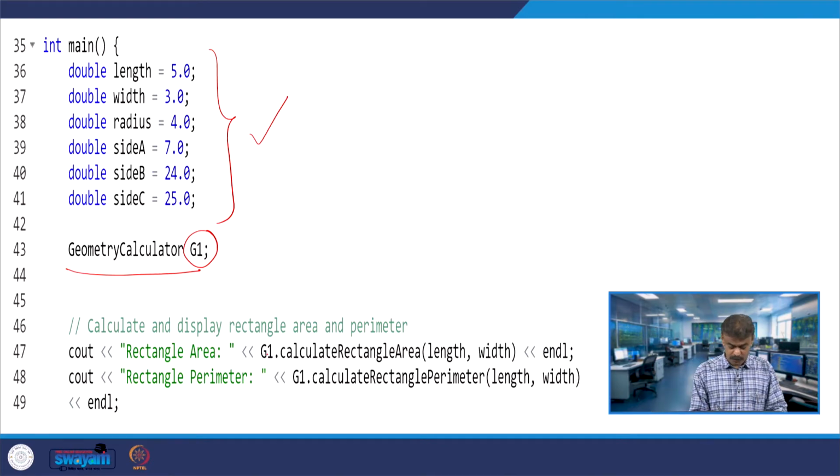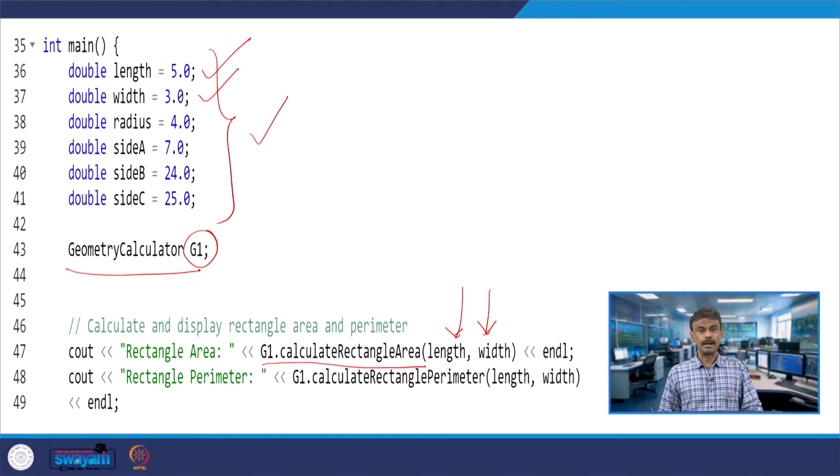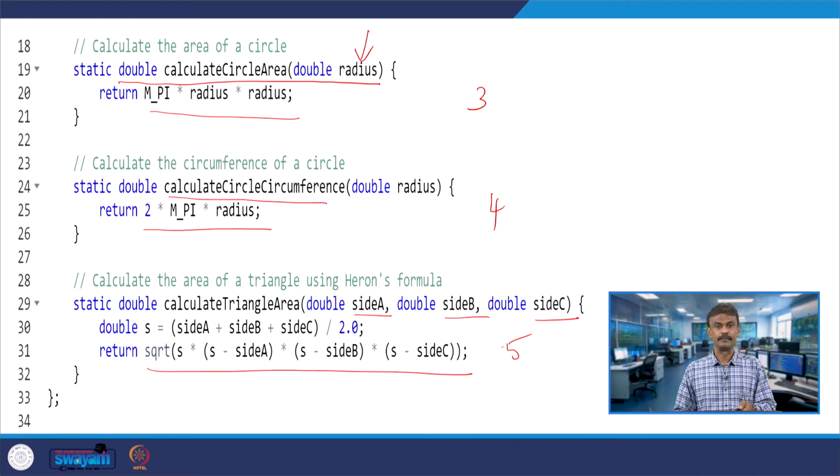Now, this object will invoke calculateRectangleArea. When it is invoking calculateRectangleArea and passing length and width, already we have length and width as 5.0 and 3.0. That means when G1 invokes this function, calculateRectangleArea will be called.